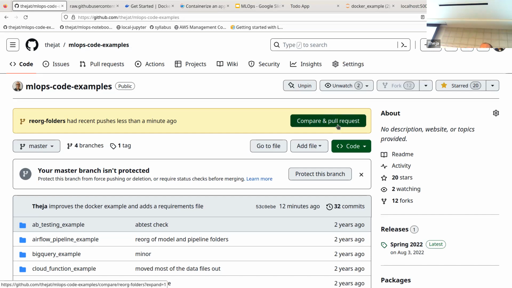merging can have complications. If two people edit the same line, two different developers working on the same line and changed it, then there will be a conflict of which version is actually the correct one to be merged. But let's stick to the happy path. So here we have reorganized something, and we want the master branch or main branch to reflect that. So the way to do it is